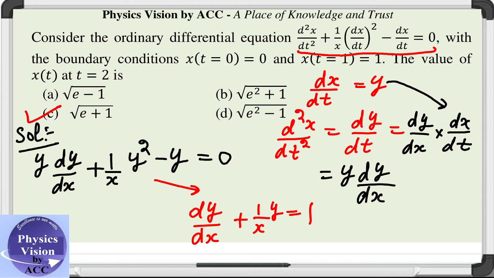Okay, great. It was an easy question. It was not so difficult, but it's a lengthy question. There are other ways to solve this question in an objective competitive exam. For example, you can verify each and every option by putting it into the given differential equation. Every wrong option will not satisfy the conditions of the differential equation. You can try that way, but I have provided you the complete solution here.